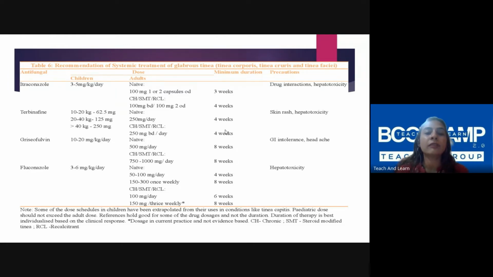So here, if there is steroid abuse or anything before this, then the course will change. Tell them that it's going to take longer. Whatever period is written over here, ask them to review after that to make sure all the lesions have gone. If it is still there, you can continue the treatment and tell them to review back again. Okay. So that is regarding oral.